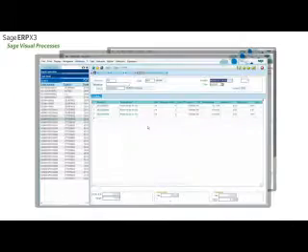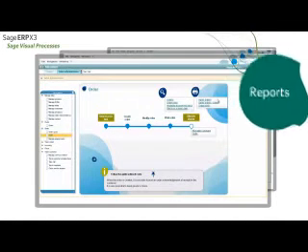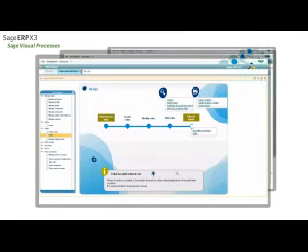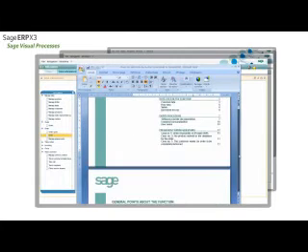With a simple click, the user can access the desired functions, either management functions, here, entering a sales order, inquiry, or edit functions. Help text is available, as are links to documents such as user guides providing transaction instructions. In this way, the company can embed its internal procedures into Sage ERP-X3.